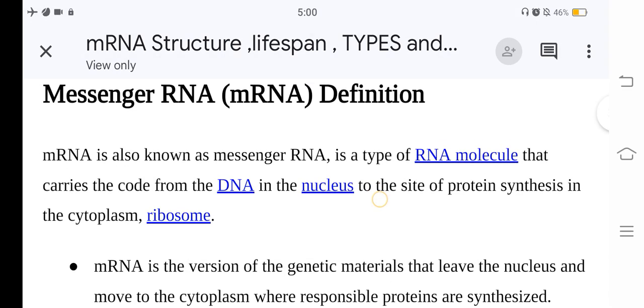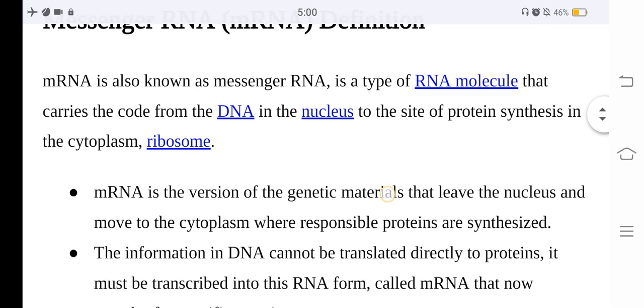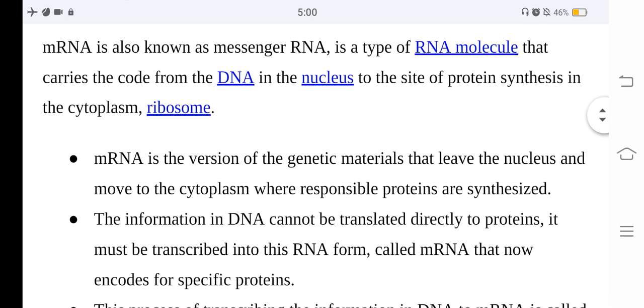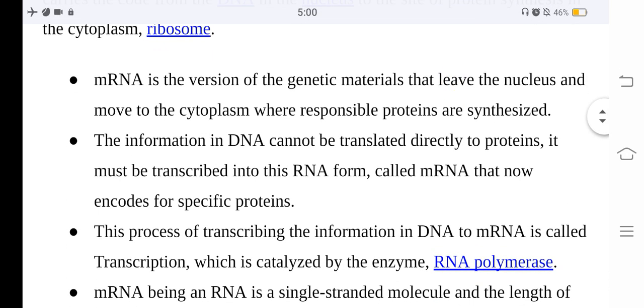Now we are going to learn about messenger RNA or mRNA. mRNA, also known as messenger RNA, is a type of RNA molecule that carries the code from the DNA in the nucleus to the site of protein synthesis in the cytoplasm, that is, ribosomes. mRNA is the version of the genetic material that leaves the nucleus and moves to the cytoplasm where responsible proteins